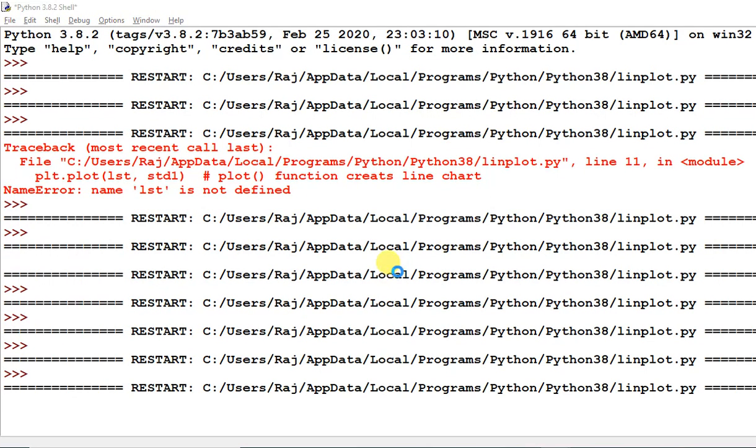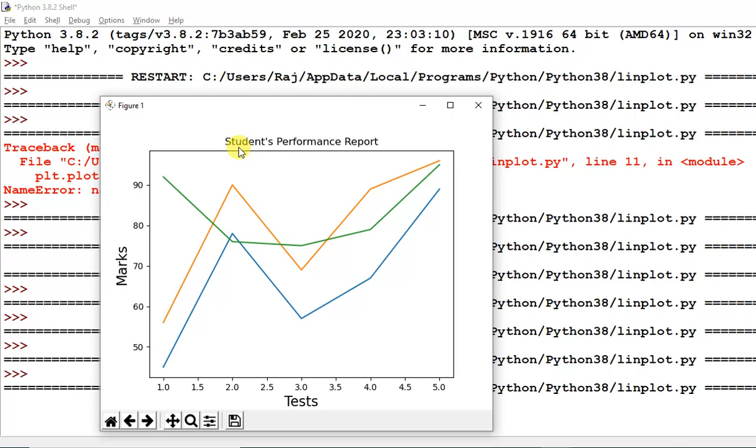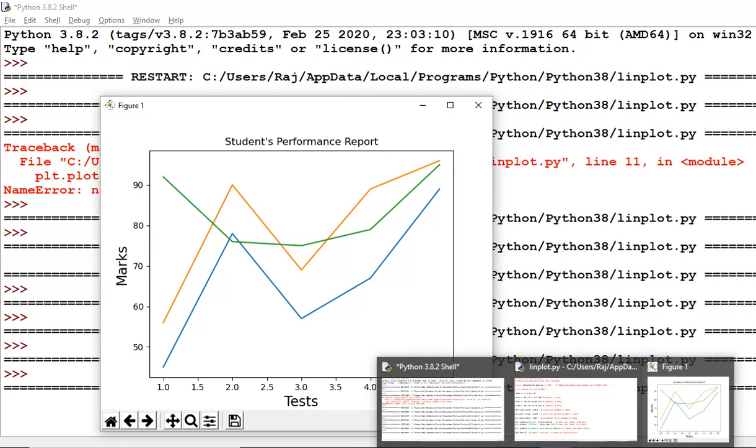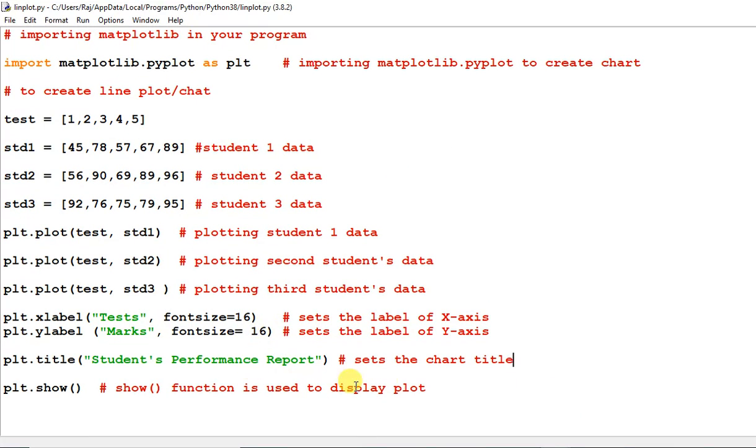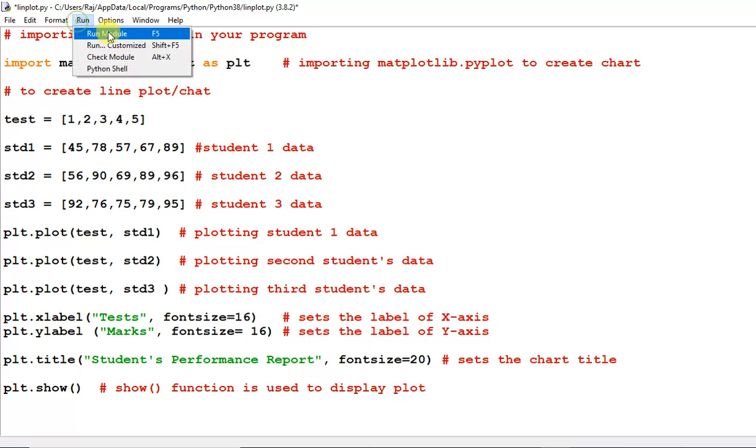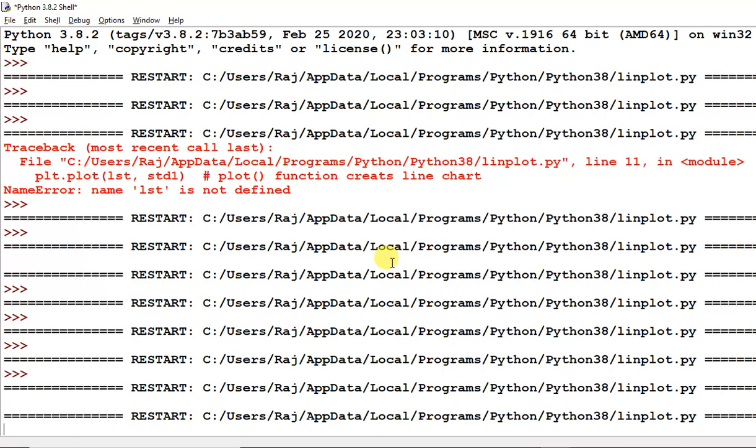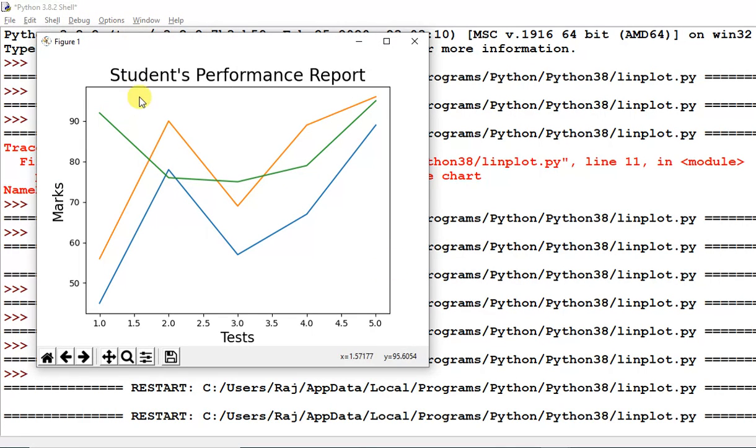Now you can run this program and you can see the changes made in your program. Look at here, the student performance report. This is the chart title. So in this way you can set the chart title. I also want to change the font size of this. So you go here and the same parameter you have to use, font size, I want to set as 20 here, and then again run this program and look at here, the students performance report.